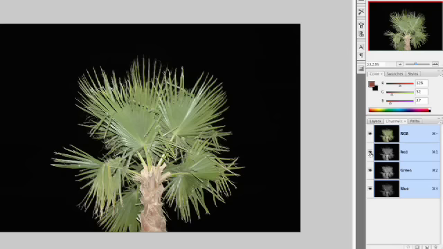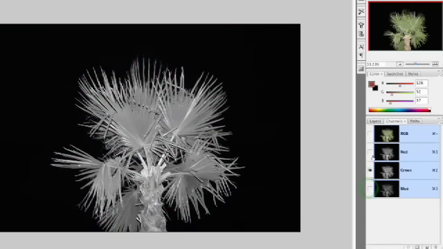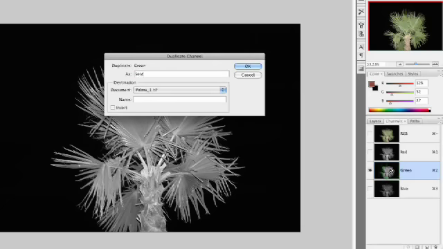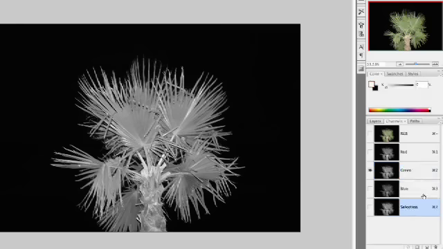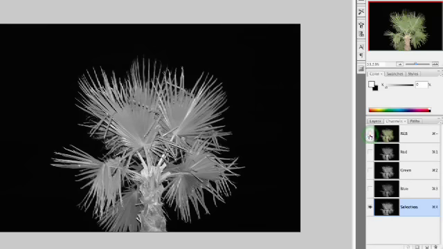And what I see here is that the red, green, and blue channels all contain different amounts of detail. Now the blue channel does not have good separation with the leaves and the night sky. The green channel, on the other hand, is pretty good, and the red channel is also pretty good. I think green was slightly better. So we'll go ahead and right-click on the green channel and duplicate that, and we'll call it Selection. And click OK. We now select our selection channel, and we can go ahead and turn our other channels off,